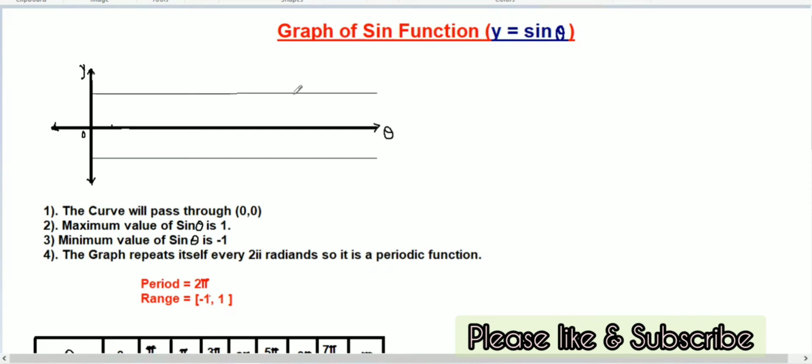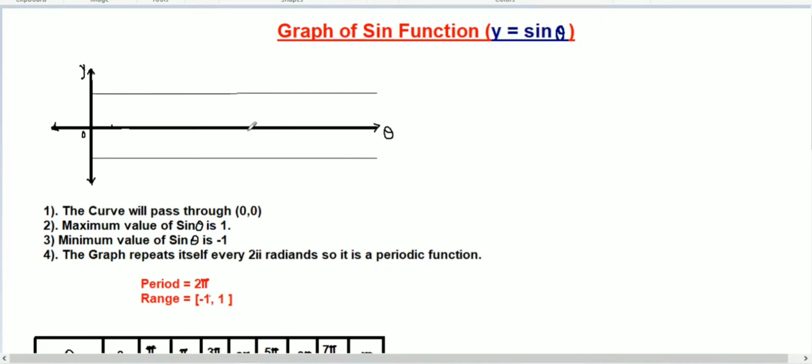First, we will draw the x-axis and y-axis in the plane. Here the x-axis represents the angle of the function. Our function is sine theta, so the x-axis represents theta. This is the angle theta. So theta equal to, we will take 0 degrees, pi over 2, pi, or 2 pi. So these are all angles.